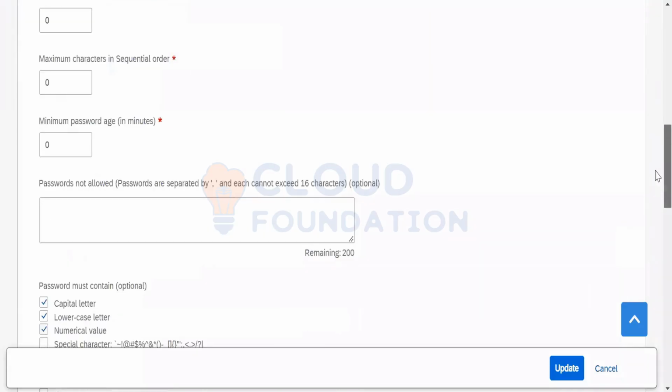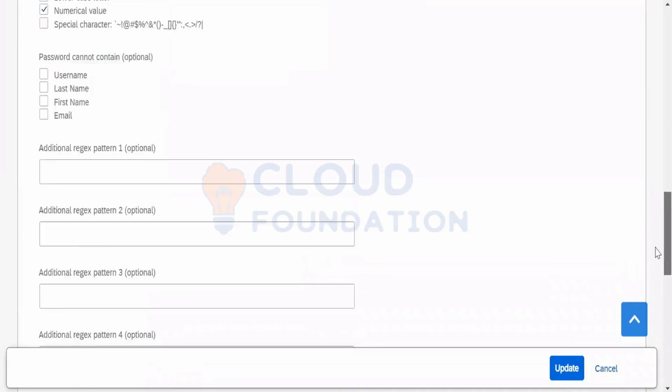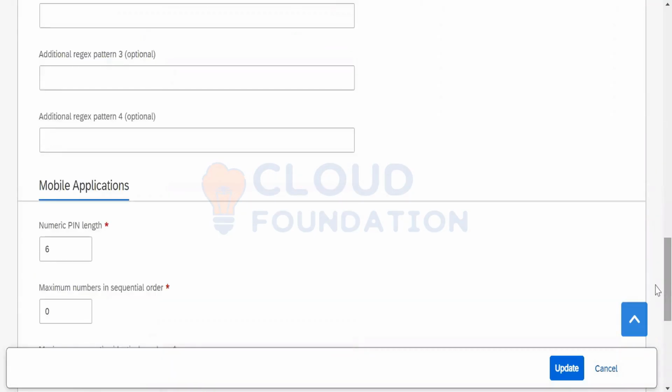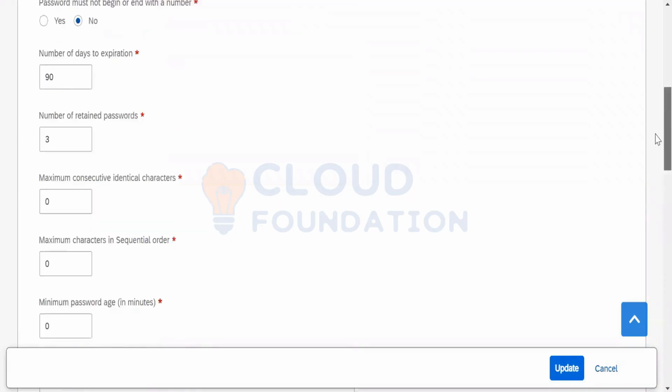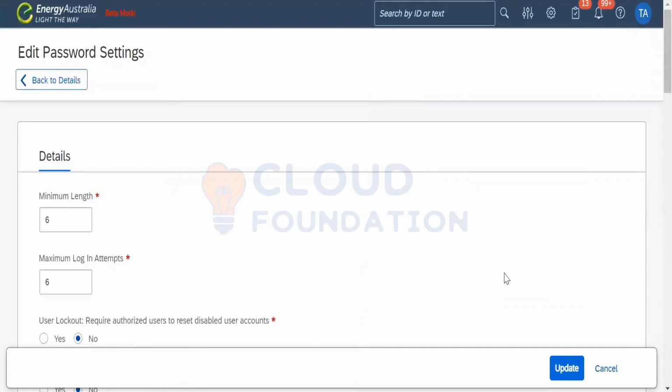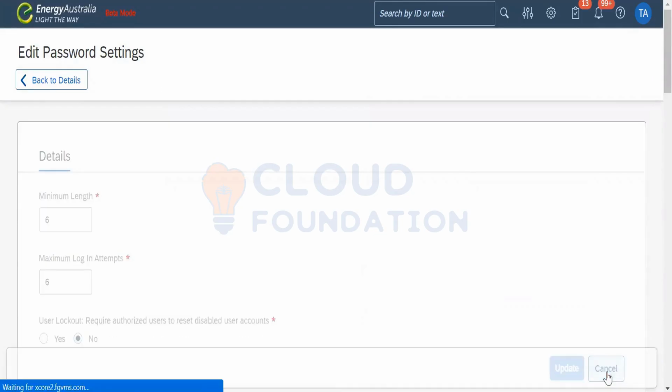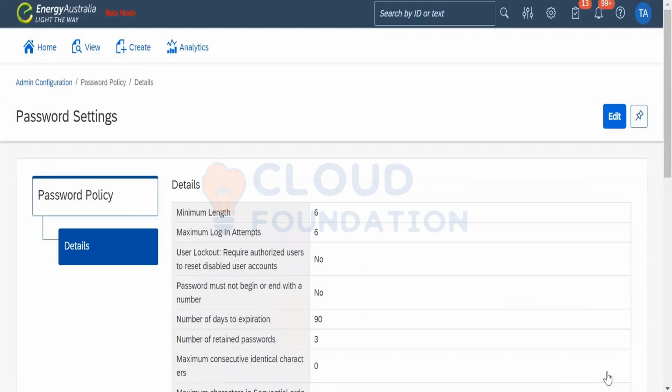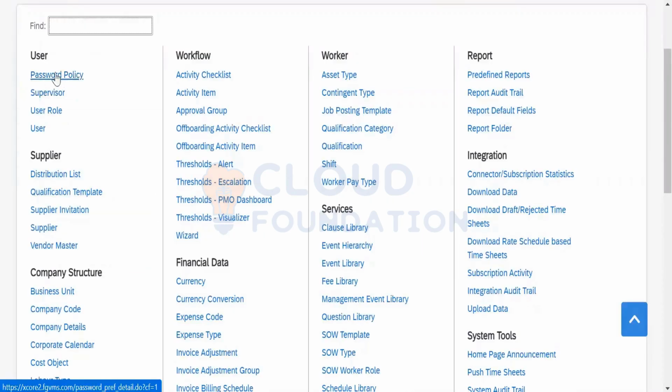Update: this is for the users to update their password accordingly. This is the password policy. It completely talks about how the password should be created, maintained, and reset. That's with respect to the password policy.